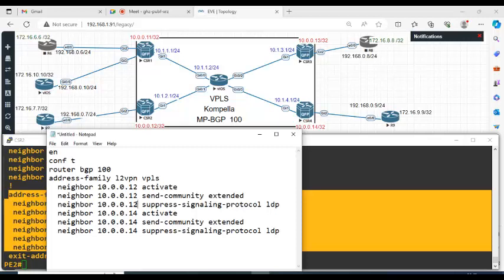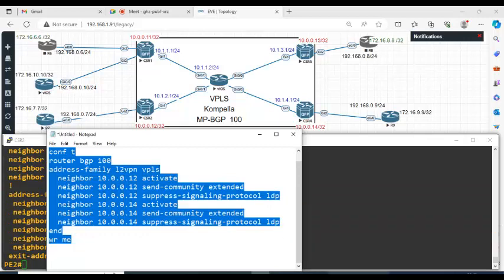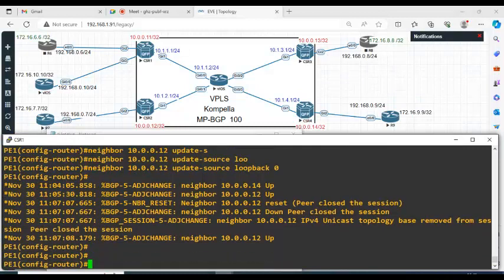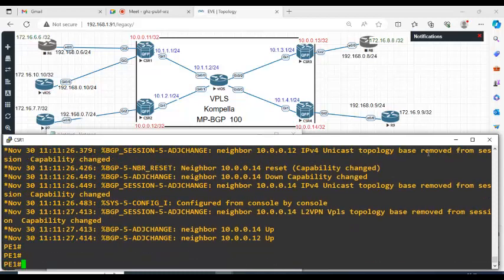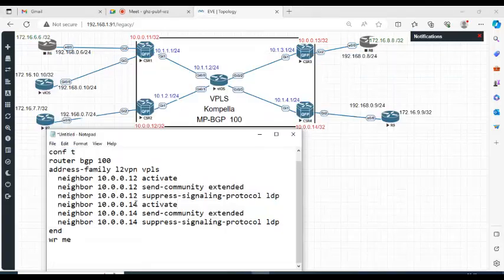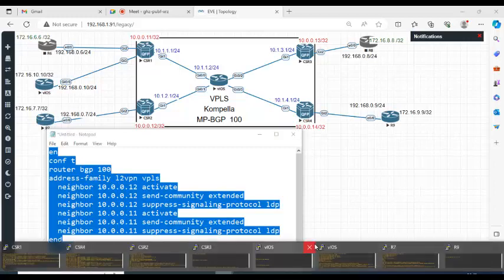Now I'm going to paste this on CSR1. And also for another router, CSR4, I need to simply say here 11. On CSR4,